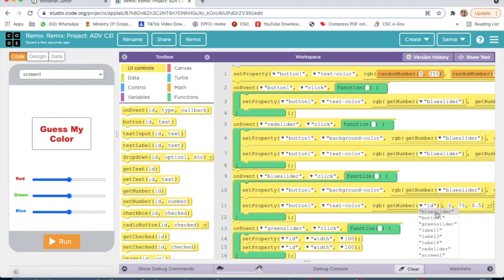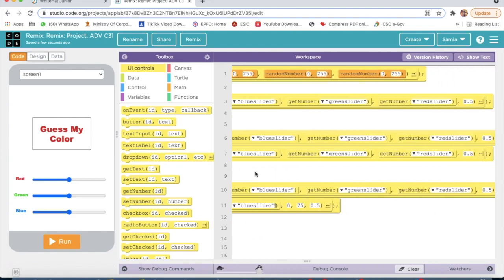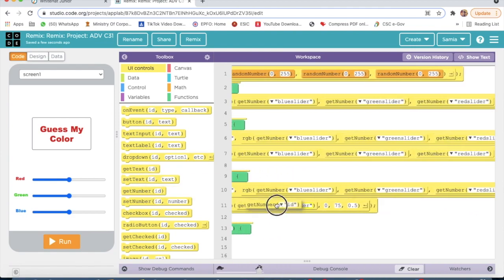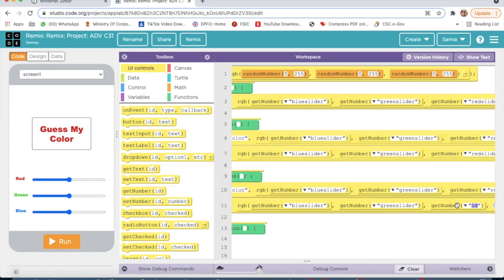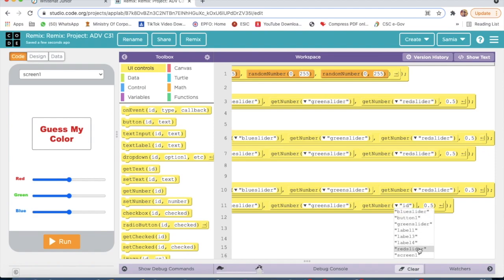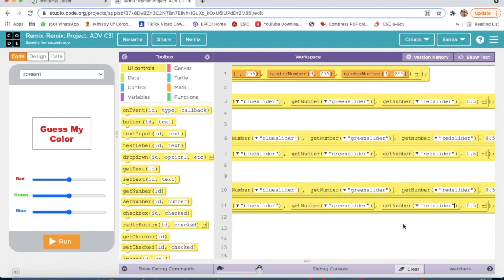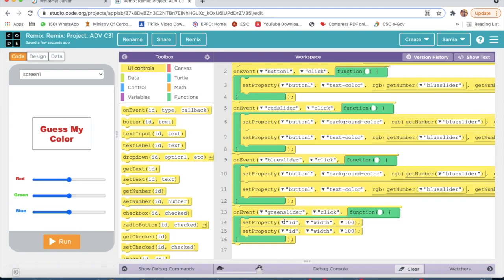The ID will be blue slider, again get number, green slider, again get number, red slider and 0.5. And here the ID will be button 1, here also button 1, and here background color, and here text color.